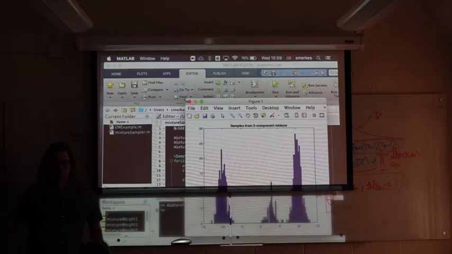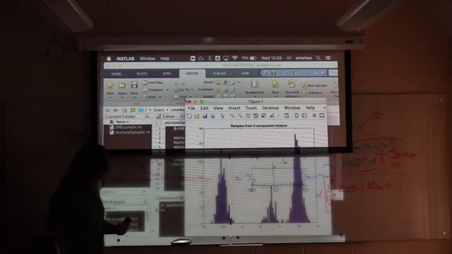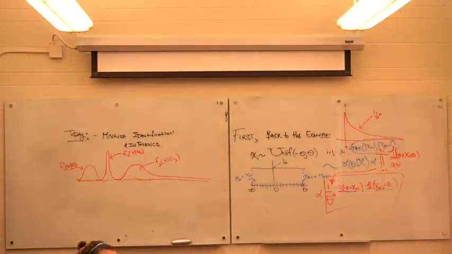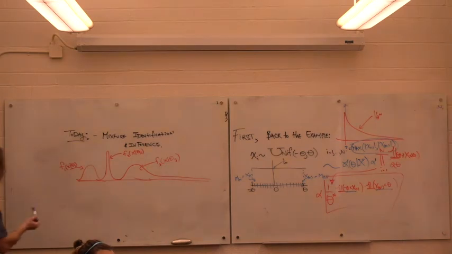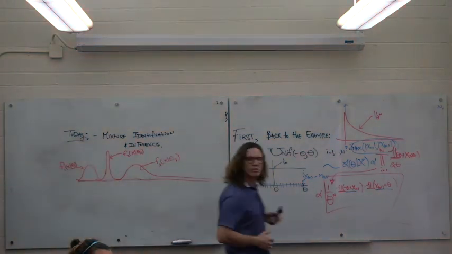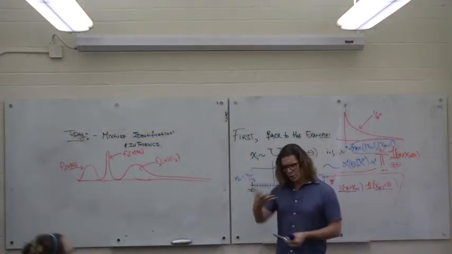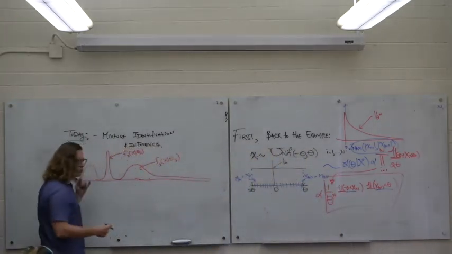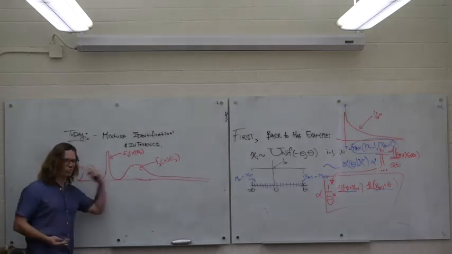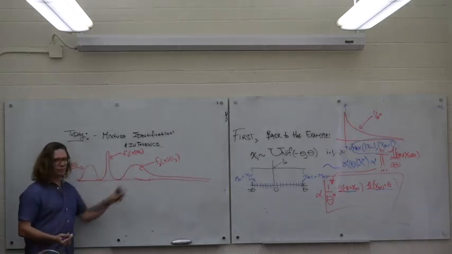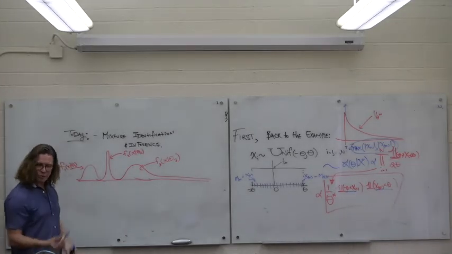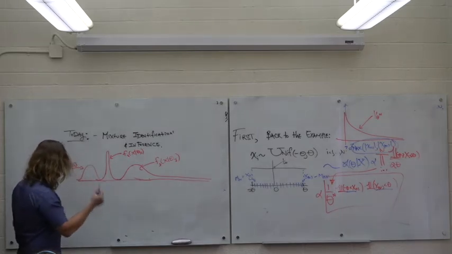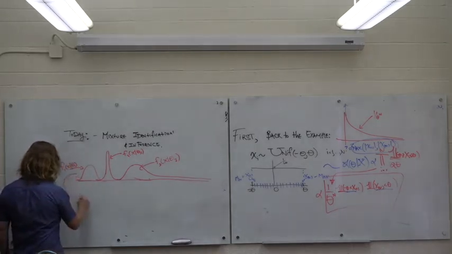I'm going to tell you what we just did on board. So let's get rid of that. So this is what the code does that Sierra just ran. And again, this code is in the Bootstrap code that's online. So first I drew some arbitrary distribution. I wanted to make my distribution look weird so that you could understand the central limit theorem and all those important messages that we saw before. What I did is I simulated from a mixture. And so this mixture model right here, the distribution,